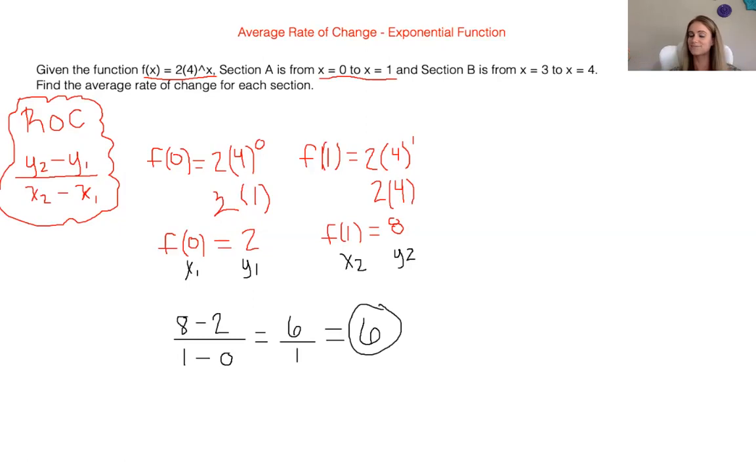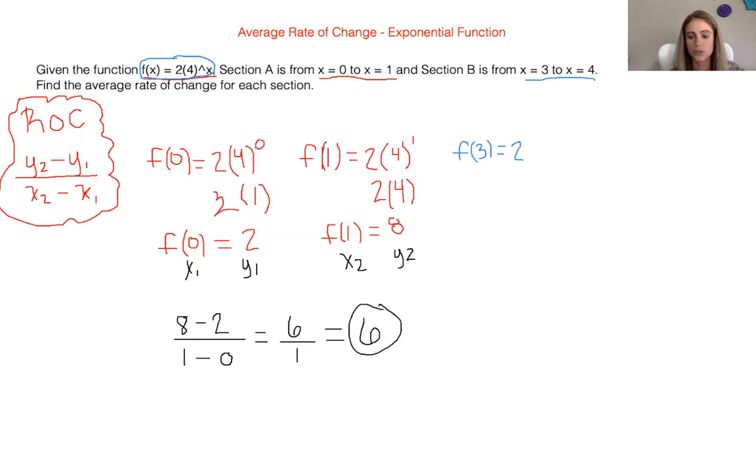So ta-da, that's it. Now we need to do the same thing because it wants it for each section and find our rate of change for section B, which is now from x equals 3 to x equals 4. But we are using the same equation because it is the same function. Now we're going to substitute 3 in for x. So f of 3